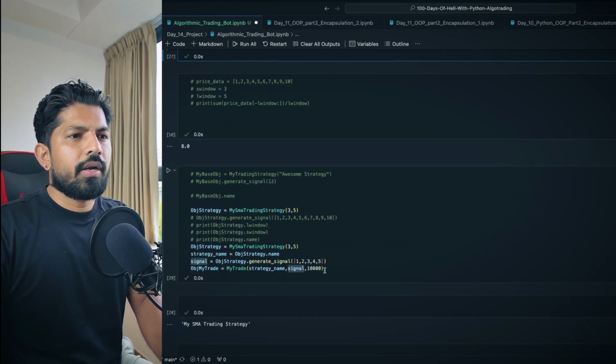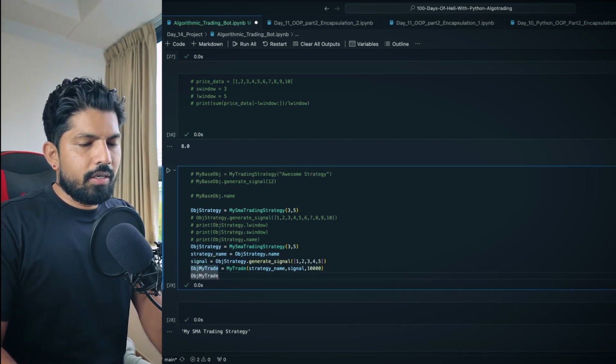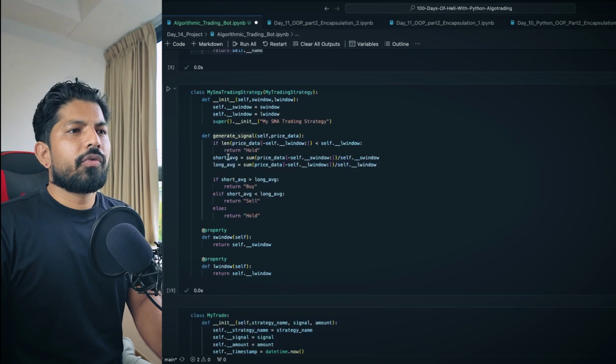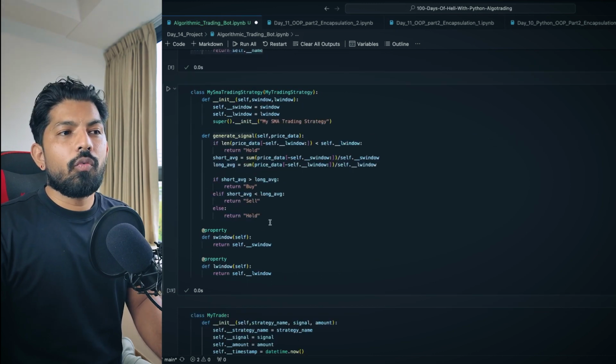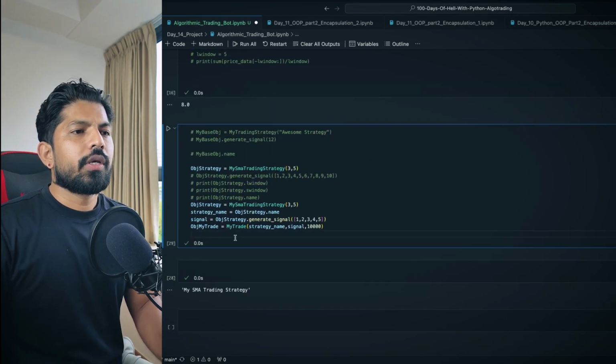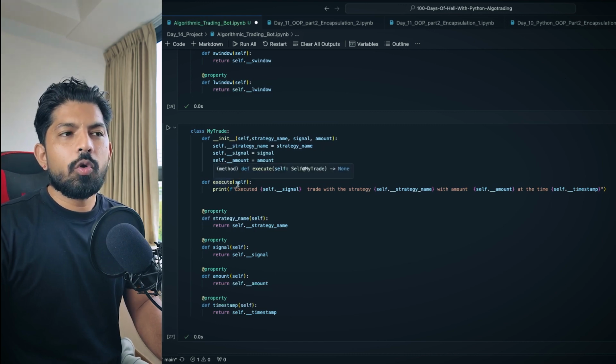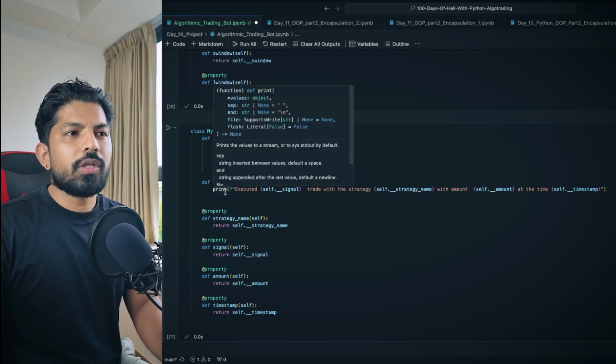Now write obj trade and dot. I would like to run this, right? We want to know what the signal is now, buy, sell or hold. Actually, obj my trade, yeah, we want to call this one. And here we do not have any parameter. We can just call this with the help of the object and the name of the method.